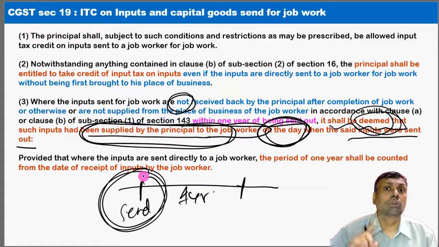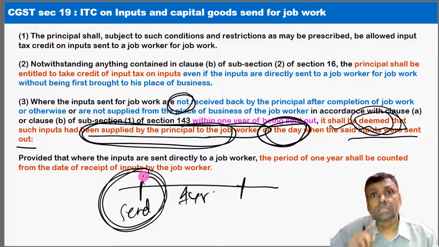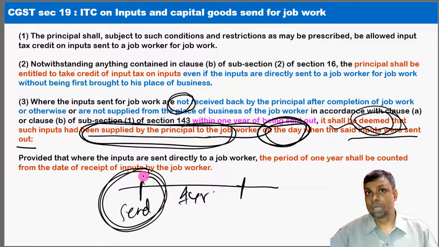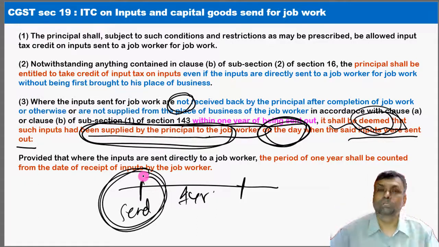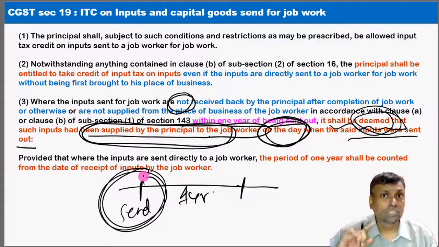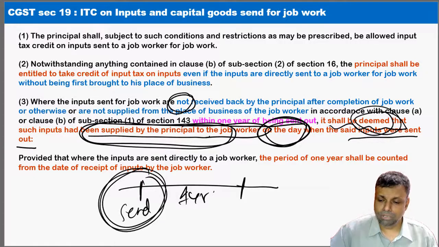In other words, you will not only have to pay the GST, plus you will have to pay the interest on that particular sum, because this is like a deemed supply. The law does not say retrospective, but logically it is like a retrospective effect, and accordingly you will have GST burden, plus you will also have an interest burden on that particular front.